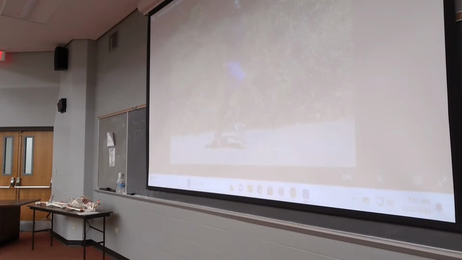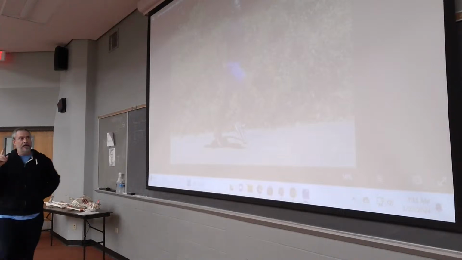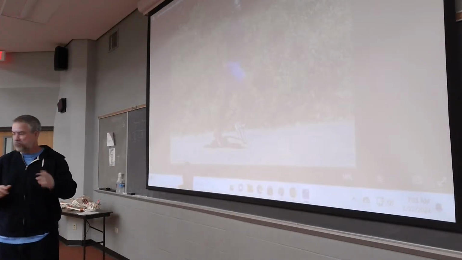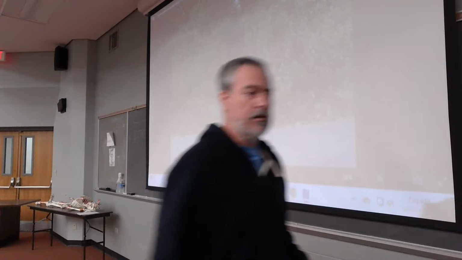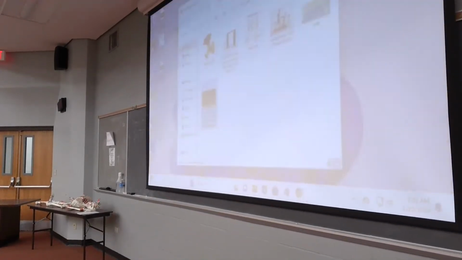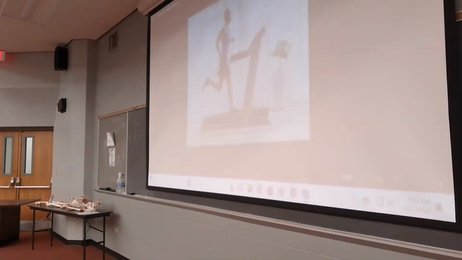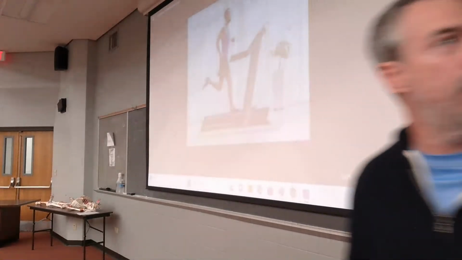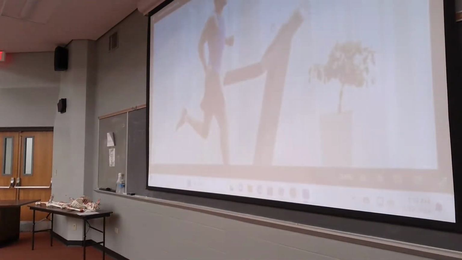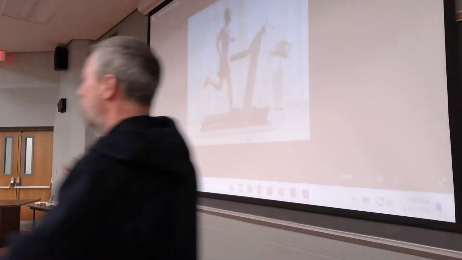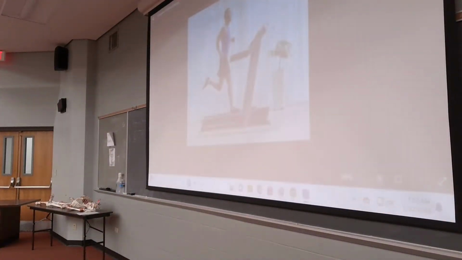Okay? So let's look at it a different way. He's running to our right. What if we looked at a treadmill runner and we asked the same question? How is the treadmill runner running? Now, the treadmill technically is moving to our left. That's actually where the movement's going, right? But we wouldn't say he's running to the left. He's kind of running in the same direction as the runner that was on the road.